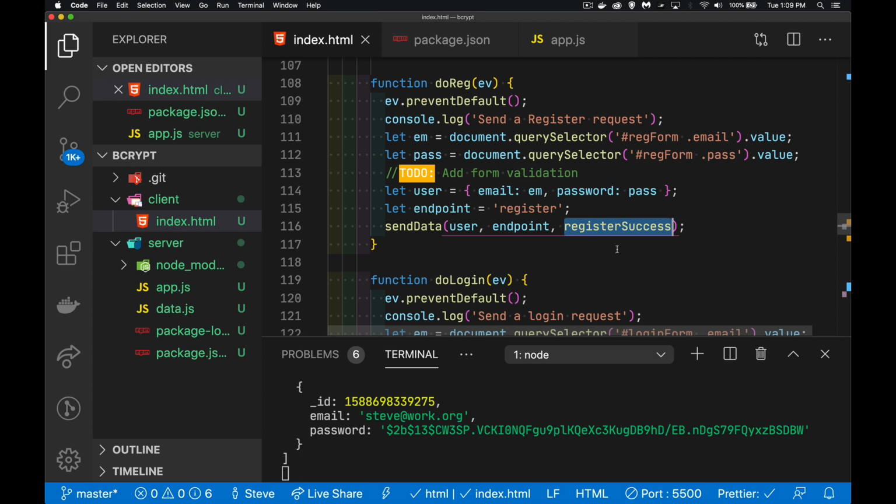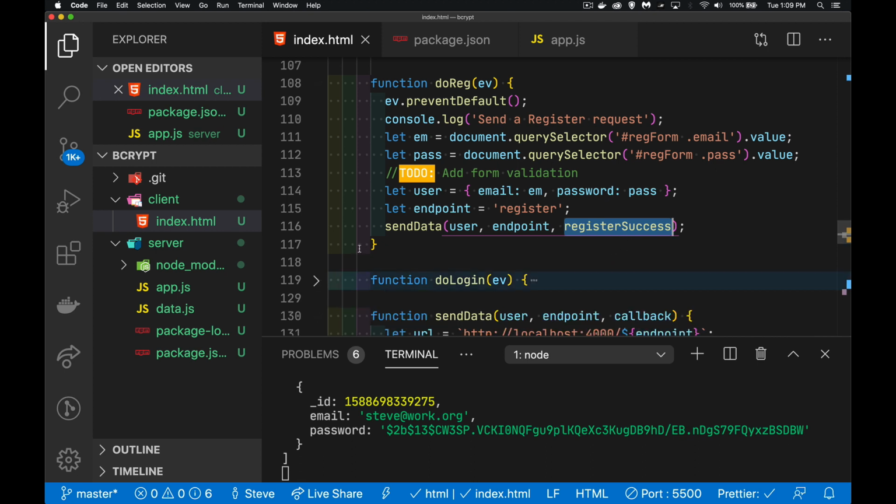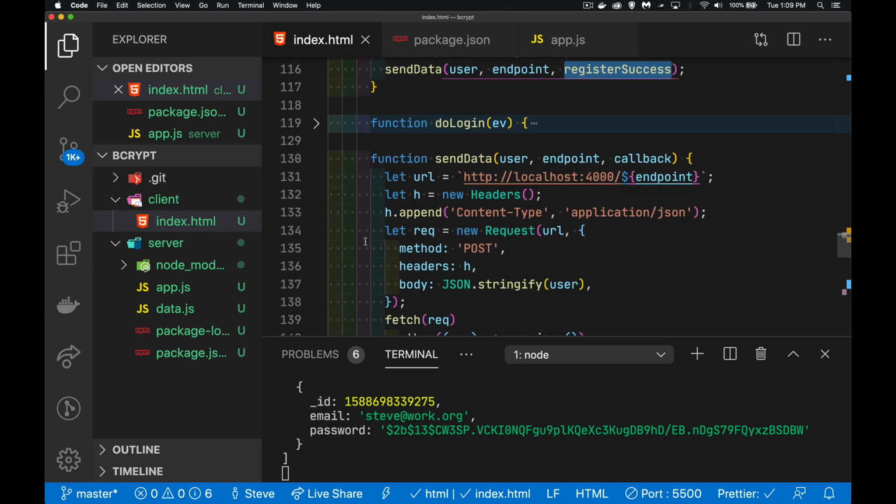If it works, call this function. So we'll just minimize this one so we can look at the send data function. Passing in the user object, the endpoint, which was register. You can see this is the URL that I'm sending, and then this is the last part of that URL,